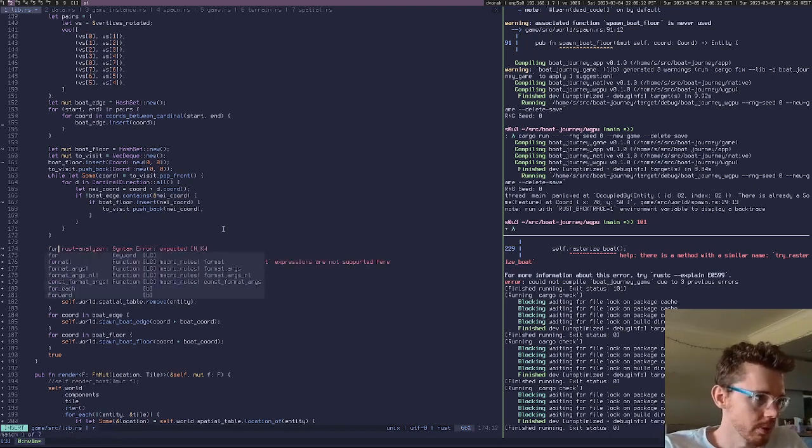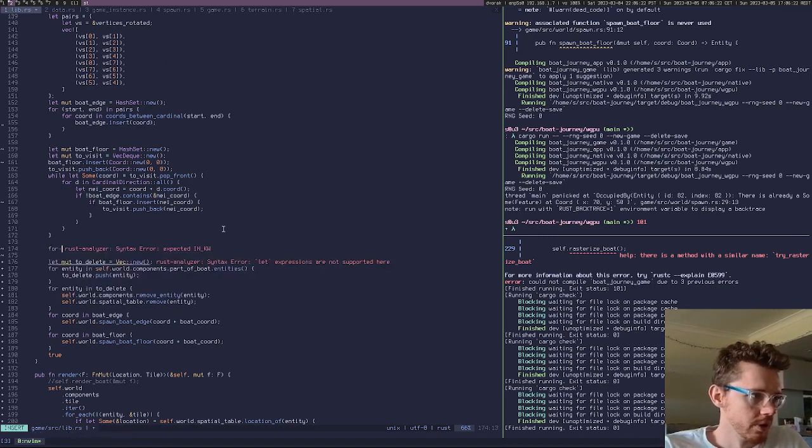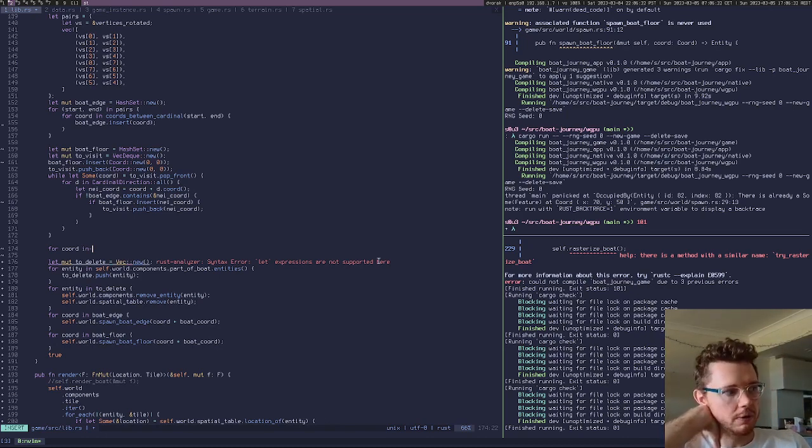So we're going to go through coordinates in the boat floor first, I suppose. We need to distinguish between the cases where they overlap with themselves. We could do it based on tile. We could do it based on